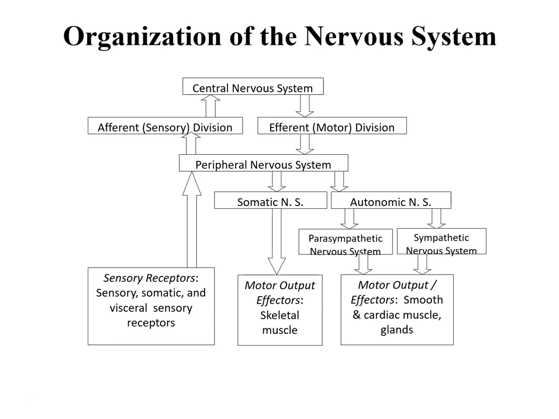Now, when we talk about functional subdivisions, we're talking about how these portions of the nervous system operate. In other words, are they sensory in nature or are they motor in nature? When we talk about structural subdivisions, we're talking about where those parts of the nervous system are located. Brain and spinal cord, for instance, are in the central nervous system, while spinal nerves and cranial nerves form the